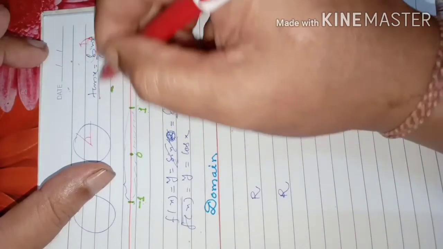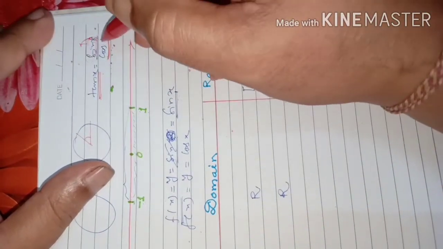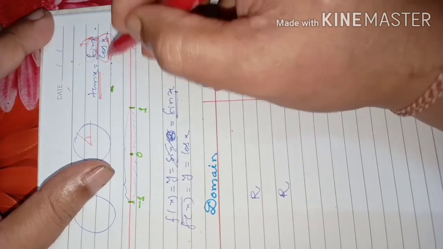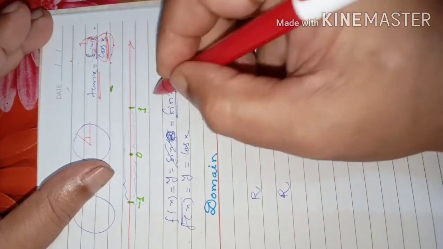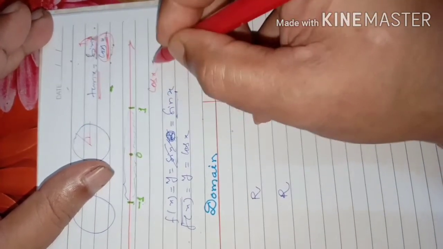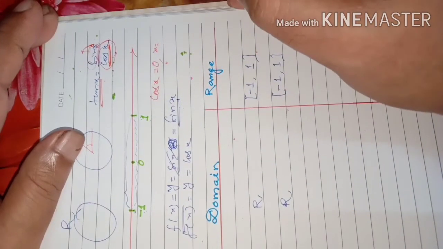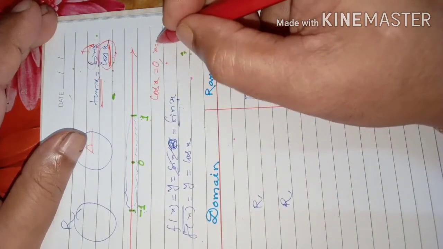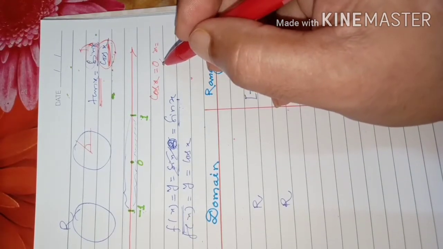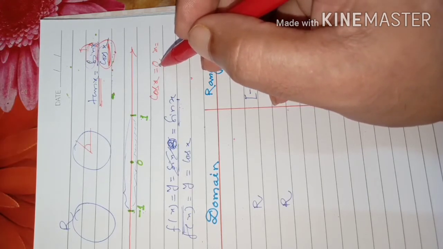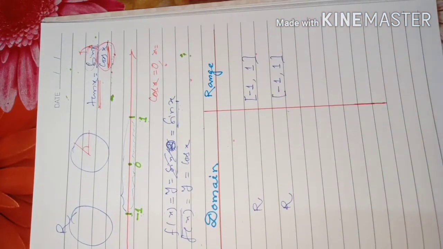So tan x will not be defined if x represents an angle for which cos x becomes 0. Just see, cos x will become 0 when? If x is equal to an odd multiple of pi by 2. You recall, an odd multiple of pi by 2 means you can say pi by 2, and then 3 pi by 2, minus 3 pi by 2, 5 pi by 2, minus 5 pi by 2. For all these odd angles, cos is 0, or not?